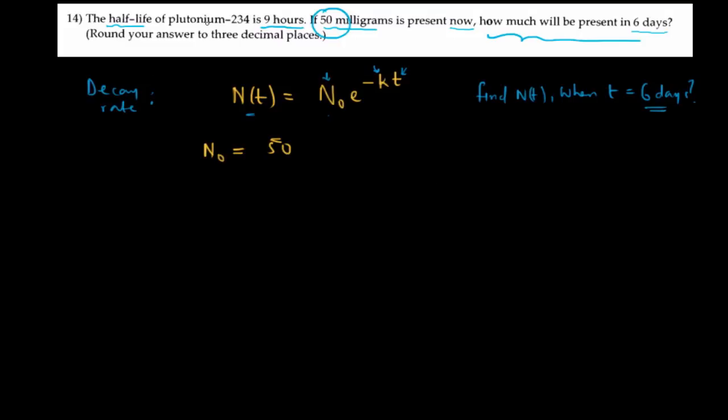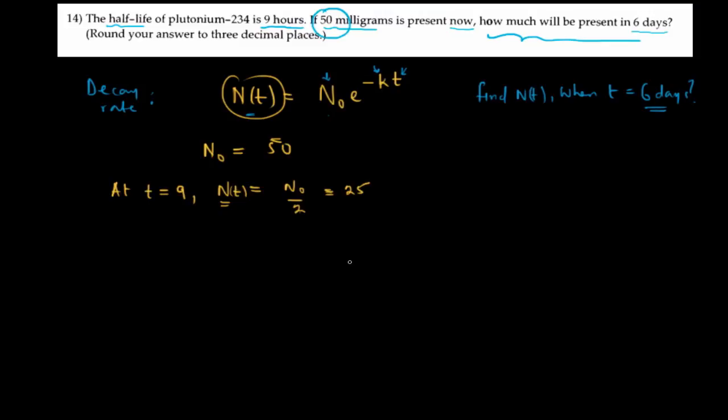The next thing is the information we are given here. It says the half-life of plutonium is 9 hours. That is, at t equals 9, the number of atoms in the radioactive substance would have reduced by half. That is the meaning of half-life. At that time the number of atoms would have reduced by half, so N becomes N0 over 2, half of the original amount,